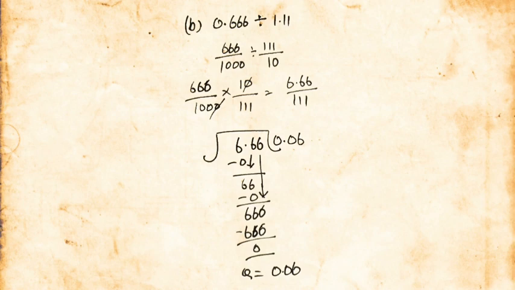When we go for the division, 6 is smaller than 111, so firstly it goes 0 times. So 6 minus 0 is 6. Bring the next number down. As the decimal has come, we have to insert a decimal in the quotient as well. So 66 is again less than the divisor, so it goes 0 times, and in the quotient 0 will be there. Bring the next number down, that is 6. It becomes 666. So now 111 sixes are 666. Remainder is 0 and quotient is 0.06.